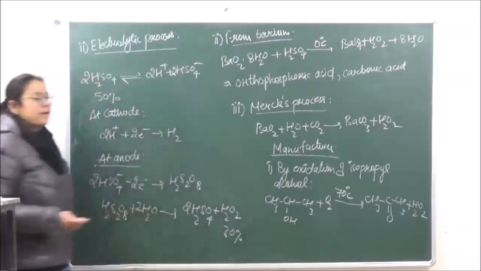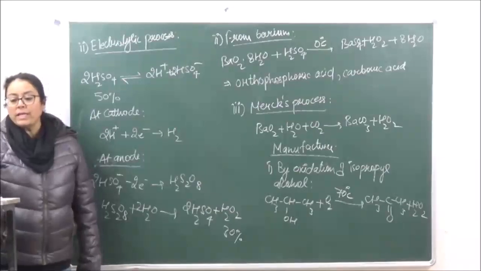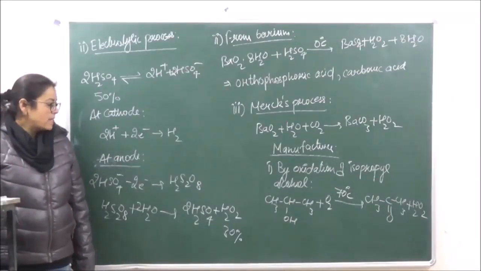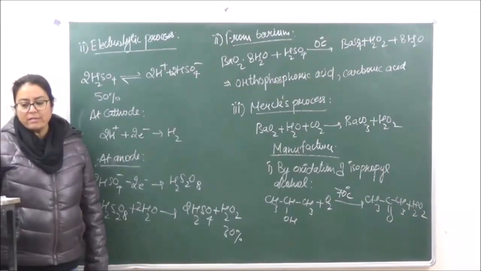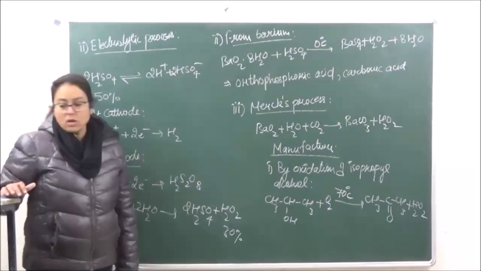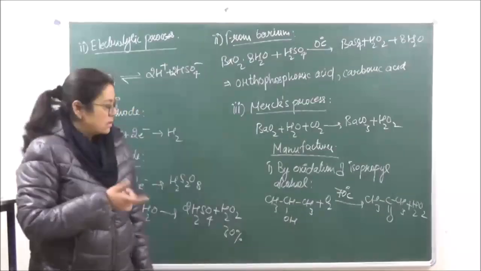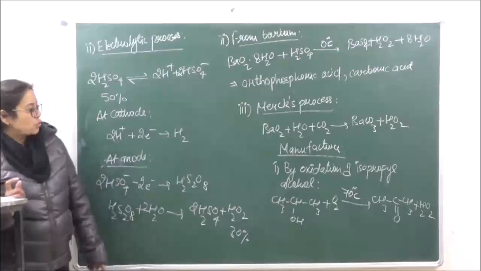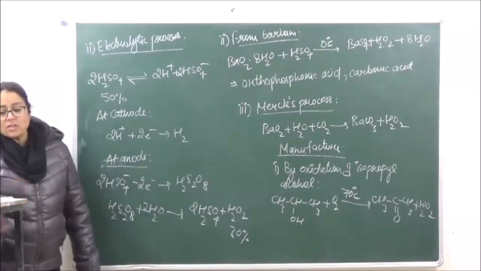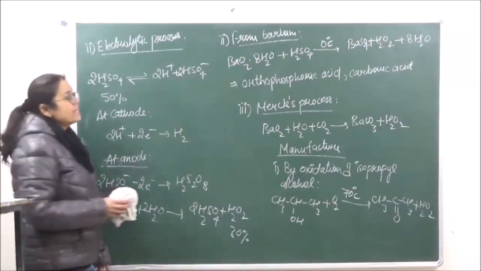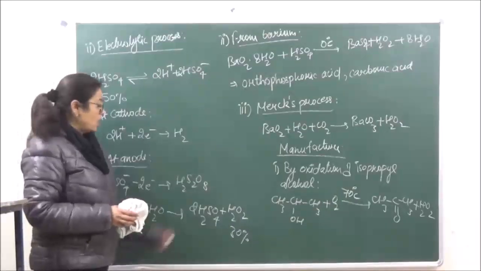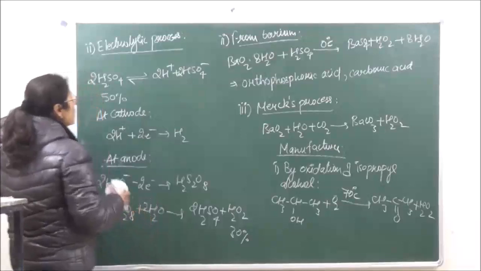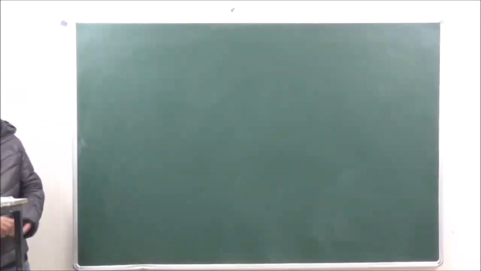The H2O2 which we get over here is going to be only 30%, right? And then it can be concentrated, but the concentration is not really very easy. We will go on to the concentration of H2O2. Just check, what we are getting over here is only 30% of H2O2. Now how do we concentrate the H2O2 solution? Let's see what are the methods of concentration, because the 30% which we are getting over here is quite less. So let's go on to concentration